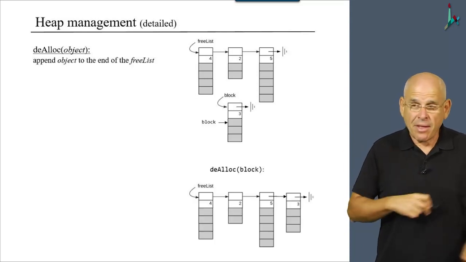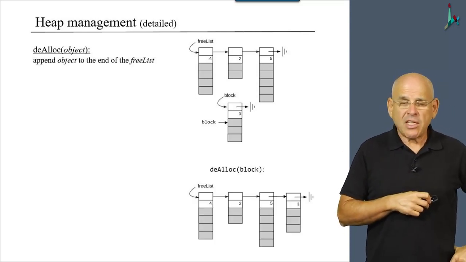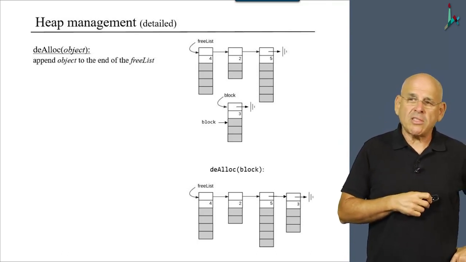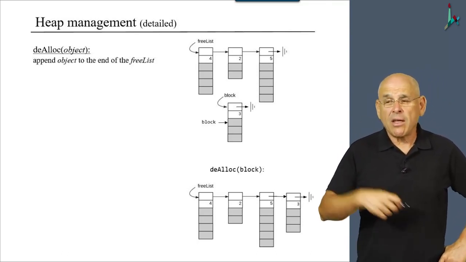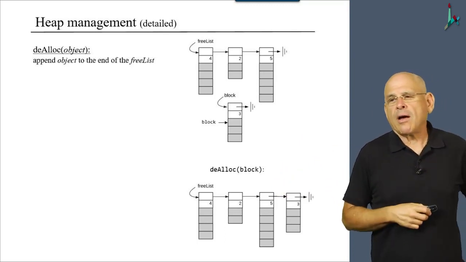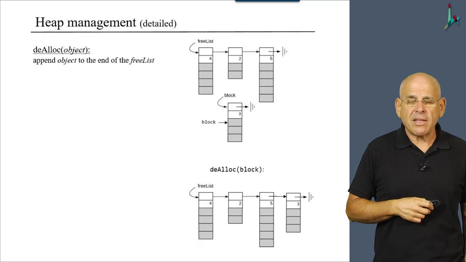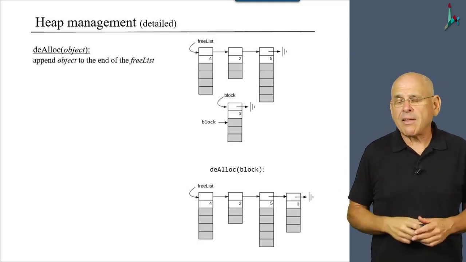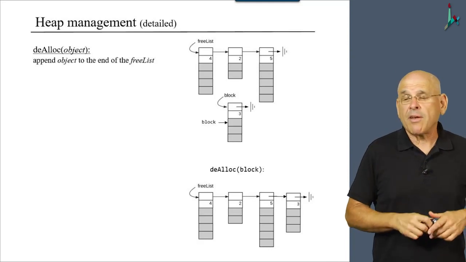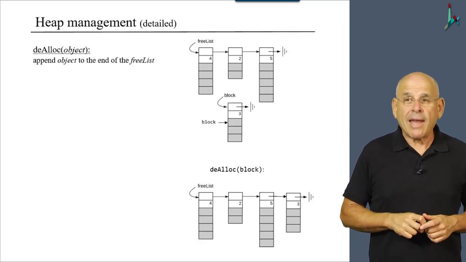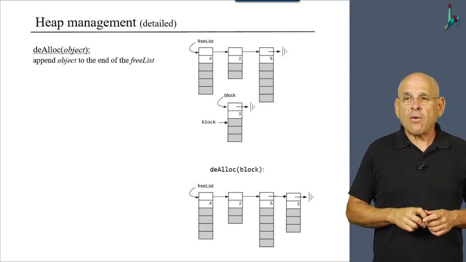So we'll end up with this situation here at the bottom. You see that the block, which is no longer necessary, was appended to the end of the free list, and now the data that it contains is no longer relevant, but it may well serve objects and arrays that will be created later on. So that's how dealloc